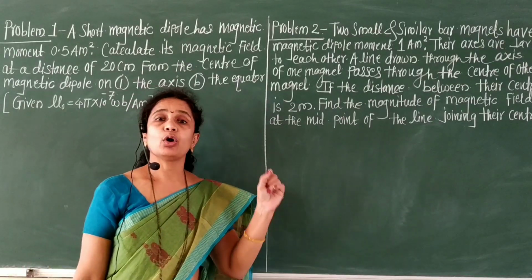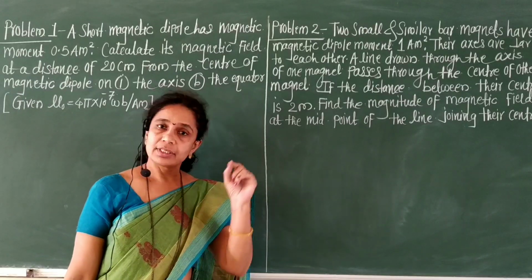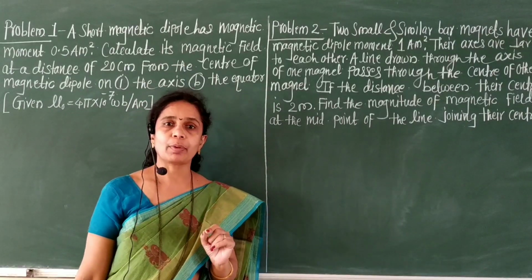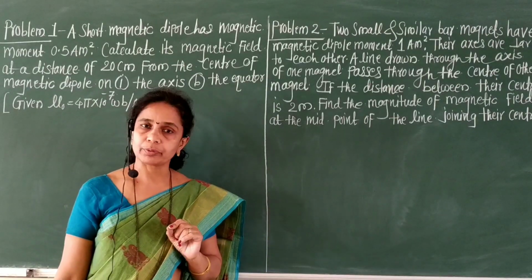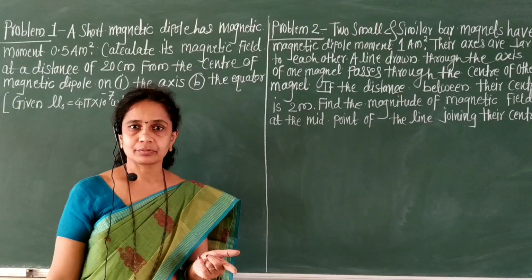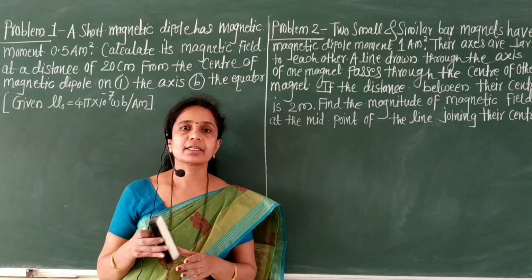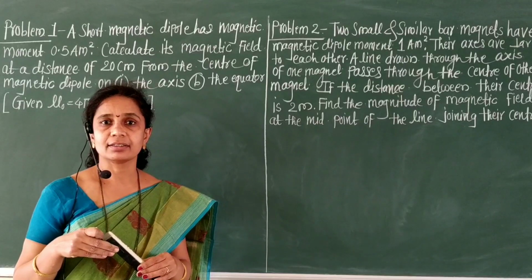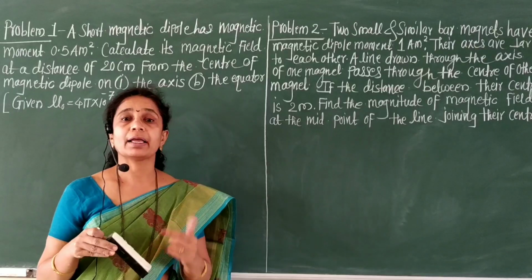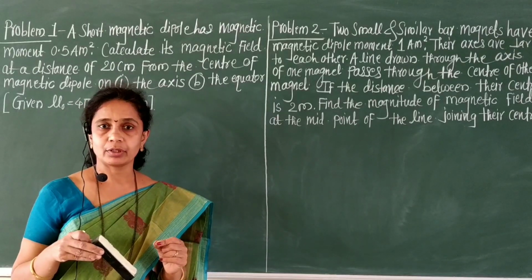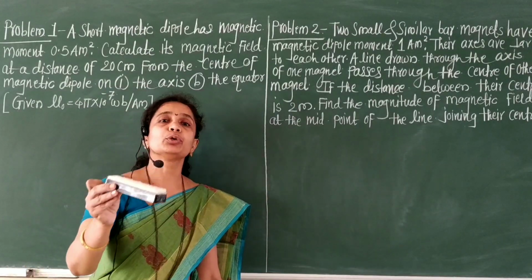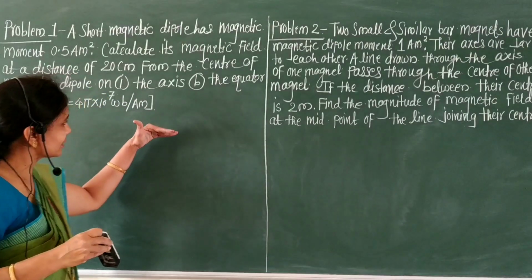In the previous video, we obtained the equations of magnetic field due to a bar magnet at a point along its axis. This equation is B axis is equal to mu naught upon 4 pi, twice m upon r cube, and the magnetic field due to a bar magnet at a point along its equatorial line is B equatorial is equal to mu naught upon 4 pi, m upon r cube. Today's problems depend on these two formulae. Okay, let us see the first